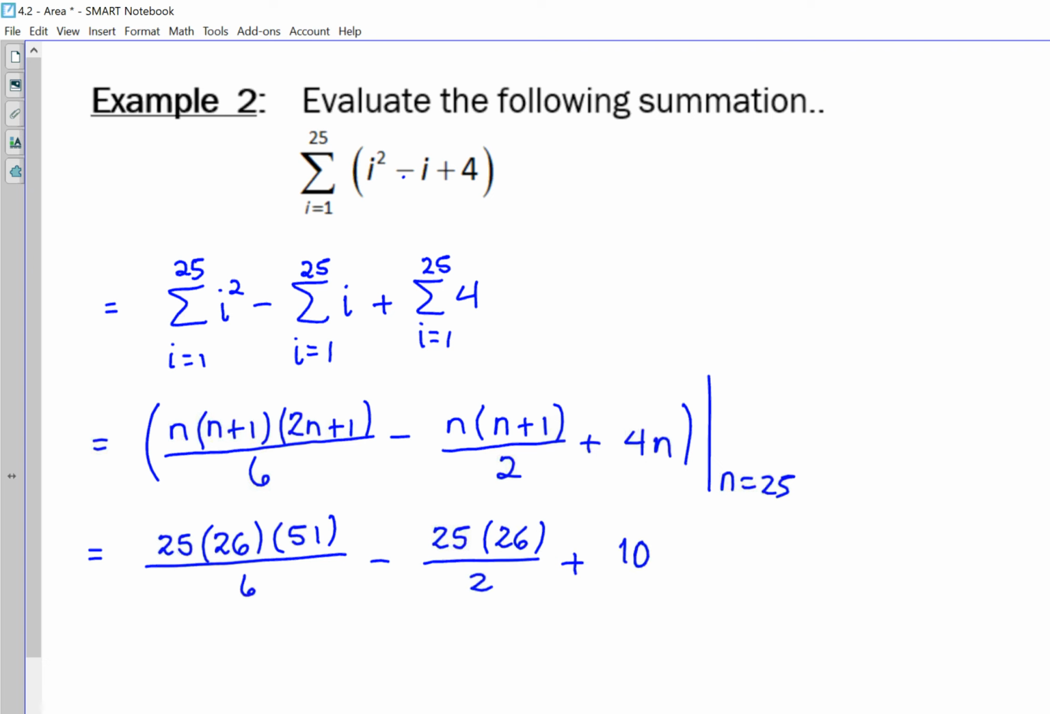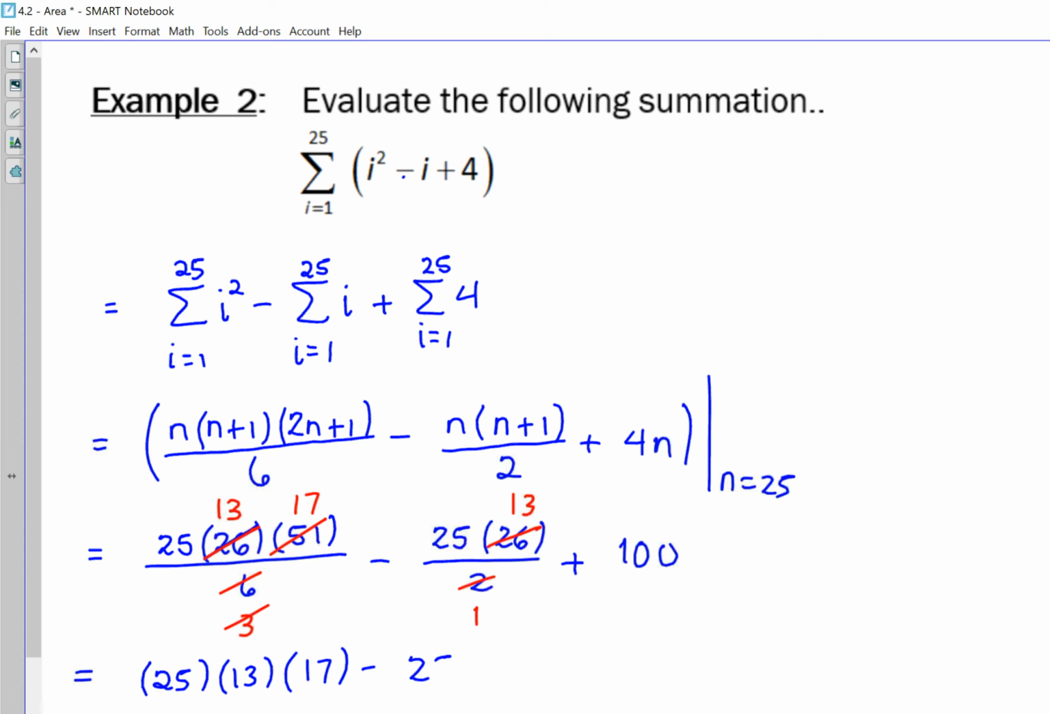Now, you might be able to simplify a little bit here to make the going a little easier. For example, the 26 and the 6, let's use a different color here, we could cancel or reduce 2 out of each as such. And then you might notice that 51 is divisible by 3. 3 goes into 51 17 times. And over here, we could go ahead and reduce the 26 with the 2. And then what we're looking at at this point is essentially 25 times 13 times 17 minus 25 times 13